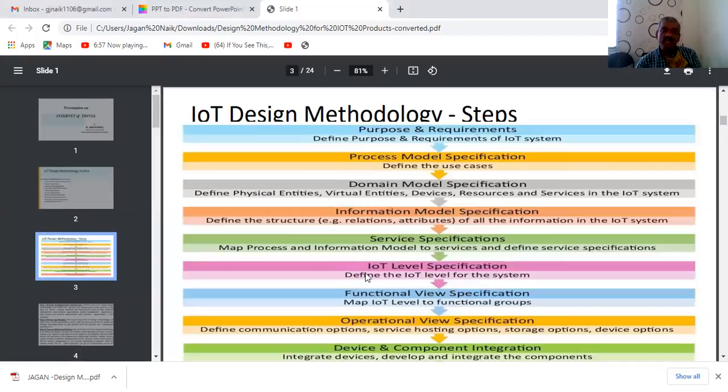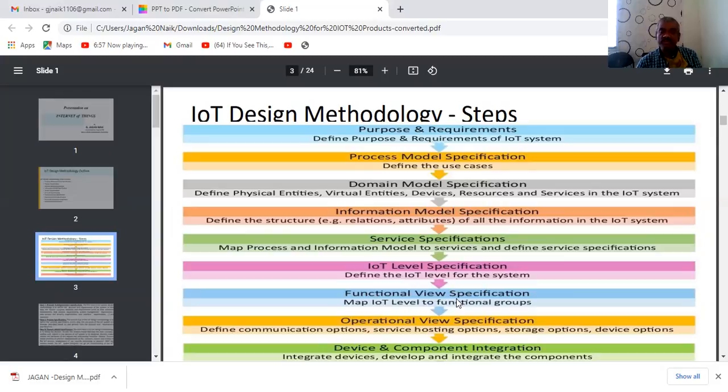Next, we can go for the IoT level specification. What level of concept we are going to provide for the IoT, that we are going to define in the IoT level for any system, right? We are going to discuss the example of home automation, but we will see that later.